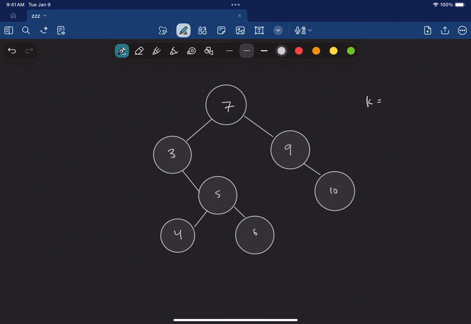Okay, yeah. Let's choose K equals 1, 2, 3. Maybe we'll choose K equals 4 here. Okay, so again, the general property that we're really going to rely on here is the fact that if we traverse the whole left subtree, we get all of the nodes in that subtree that are smaller than the root, right? So for any of these nodes, actually, what we could do is just say, hey, before you process the